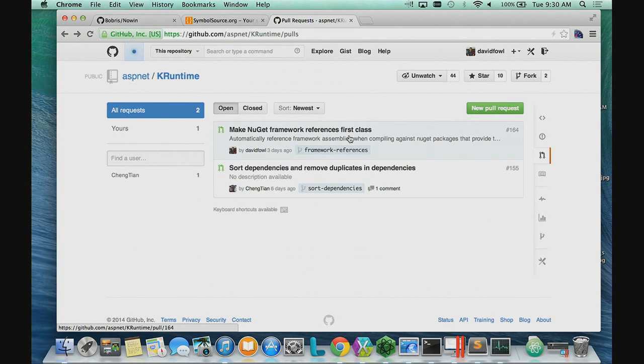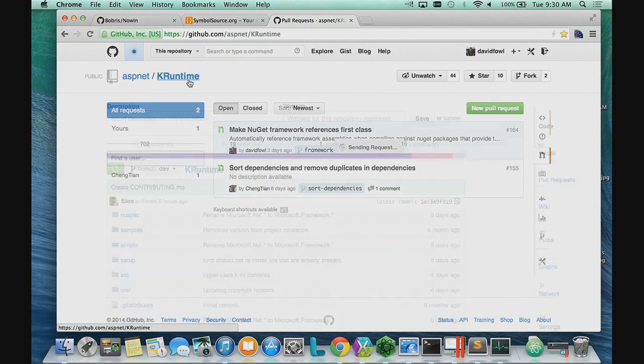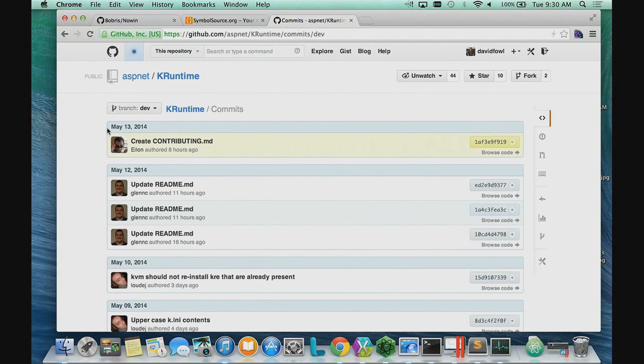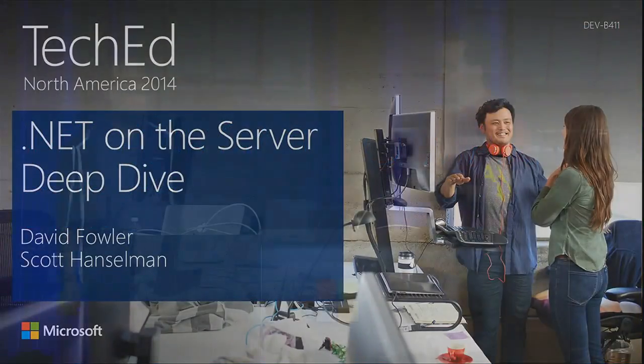Right, so then there's a pull request. So we're going to be doing this work here. You're going to be able to watch the issues. You're going to be able to watch the commits as they happen. Yep. So that is the next version of .NET, and we are Scott Hanselman and David Fowler,